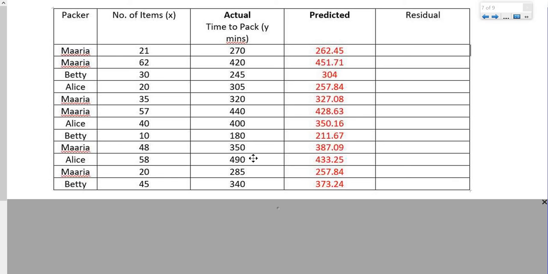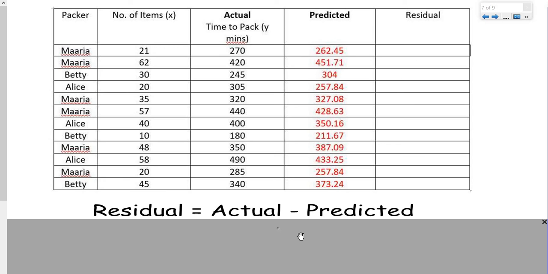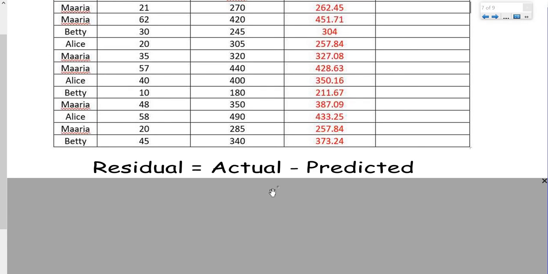And most of the numbers are fairly close. 350, 387, difference of about 30 there, difference of about 40. Okay, so comparing them, they seem close together, but how much are they different? And that's what the residual is asking for. So the residual is the actual value minus the predicted. So I need to do 270 subtract 262.45,